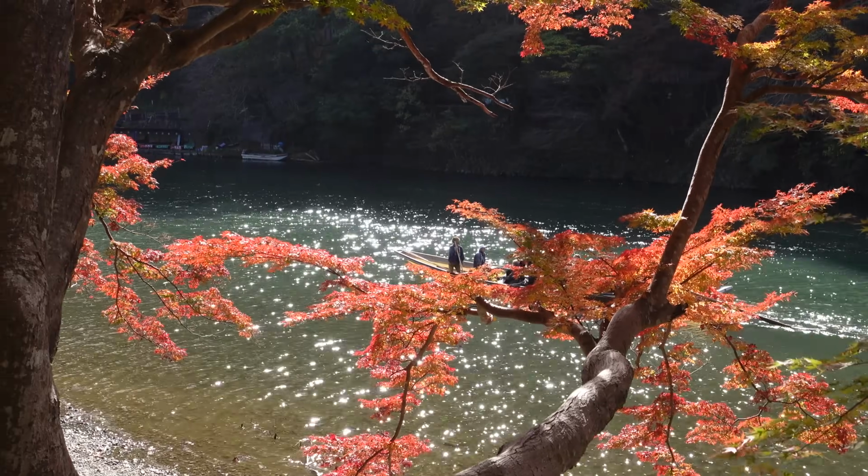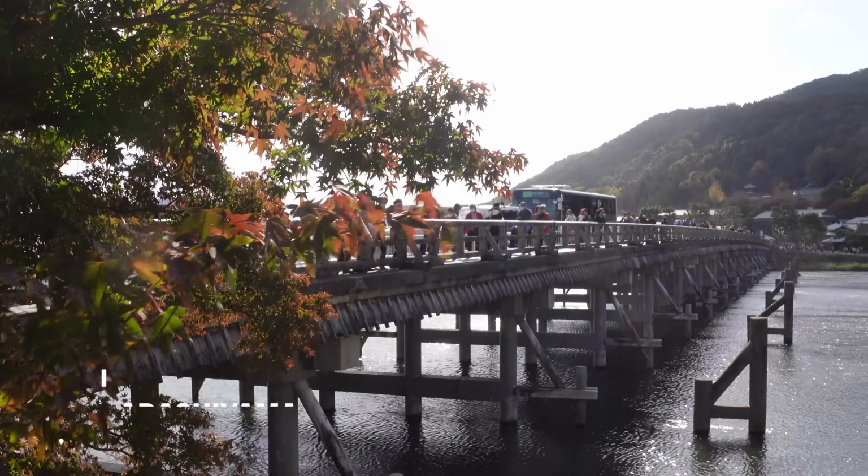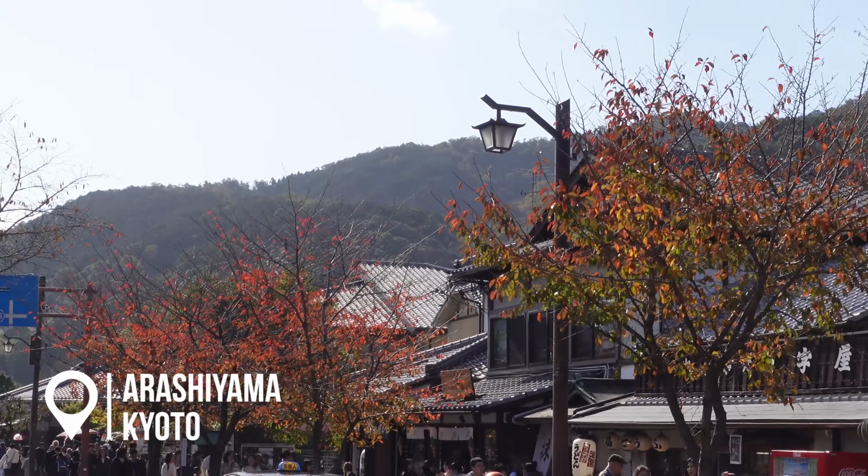Welcome to autumn leaf season in Kyoto. Kyoto looks most spectacular during the autumn season, and I'm going to show you some of the best spots in town as well as some food locations. Let's go. Right now I'm in Arashiyama, which is one of the most popular spots you need to check out